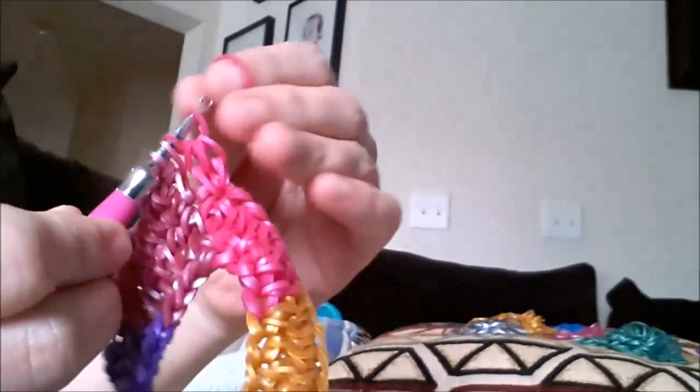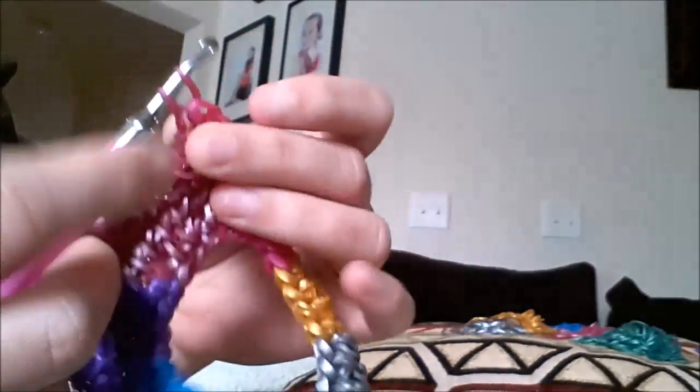Double chain, 2, double chain, 1, 2, another one, 1, 2. Now you have 6. Slide all 4, now you got 4, slide them all in, and then add one more